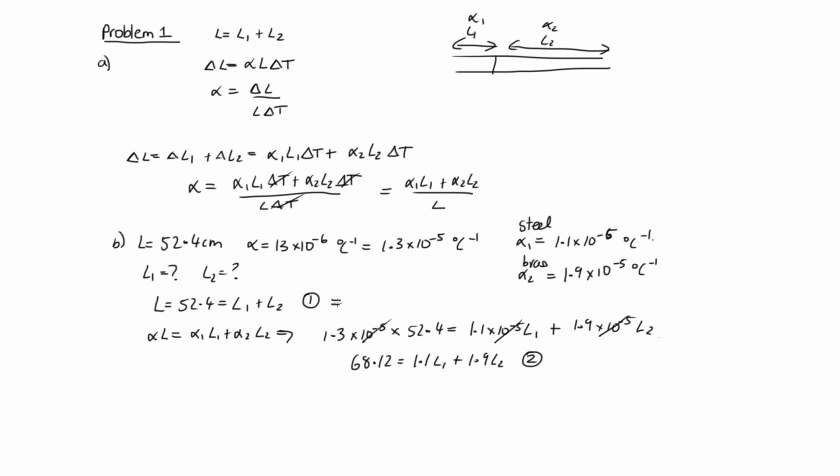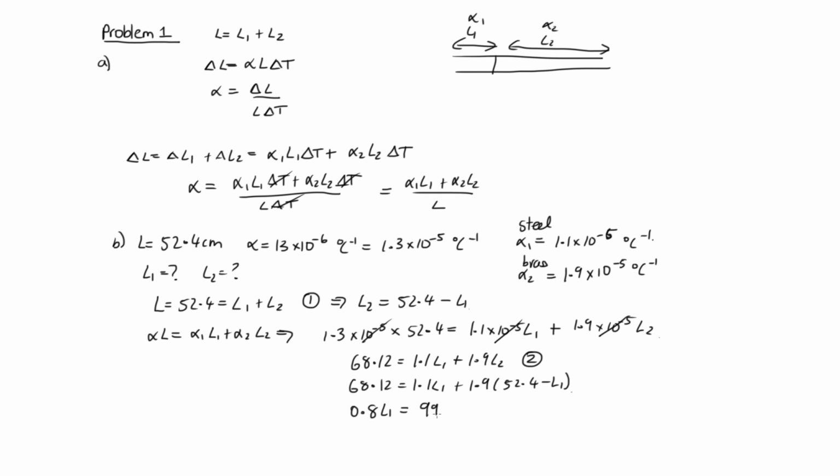So let's rearrange equation 1. We can write this as L2 is equal to 52.4 minus L1. And now what we can do is substitute this into this equation here. So now I've got 68.12 is equal to 1.1 L1 plus 1.9 times 52.4 minus L1. Okay, so we've got 1.1 L1 minus 1.9 L1. If we move that over to this side, on this side we've got minus 0.8 L1. So over here we've got 0.8 L1, and that is equal to 1.9 times